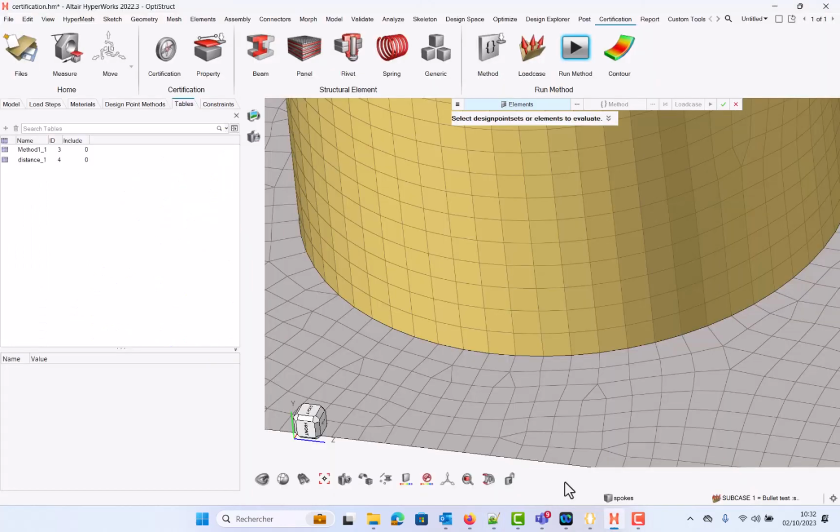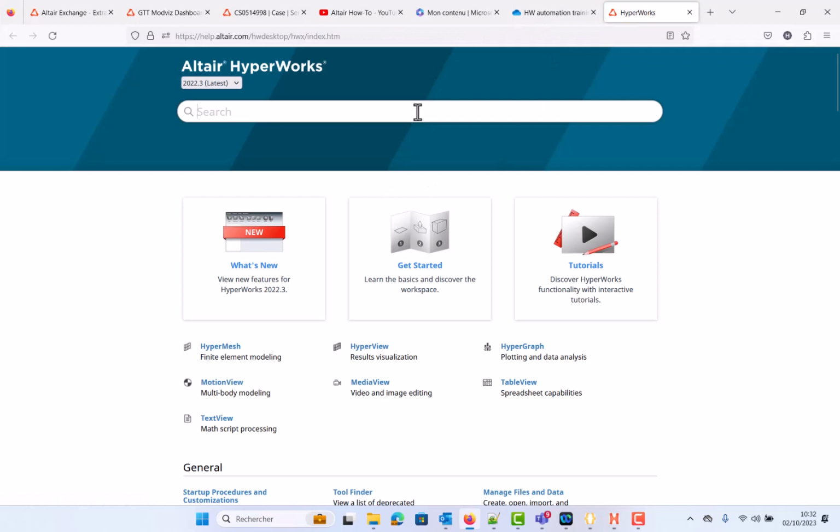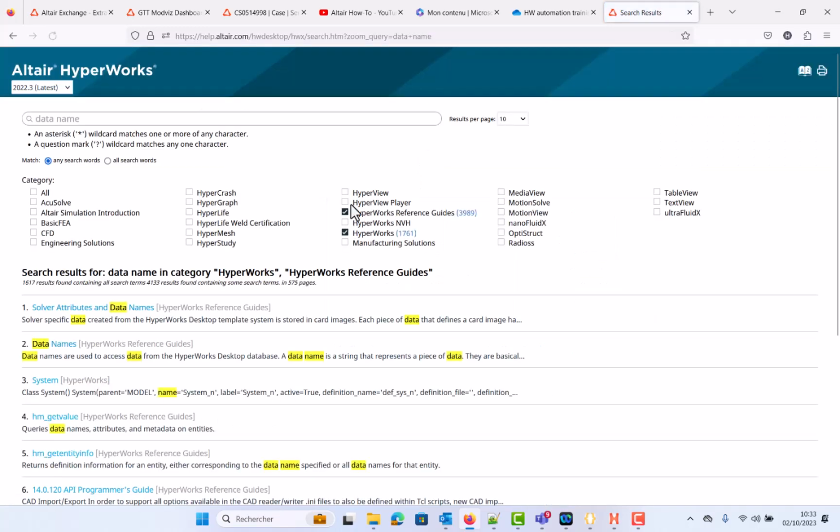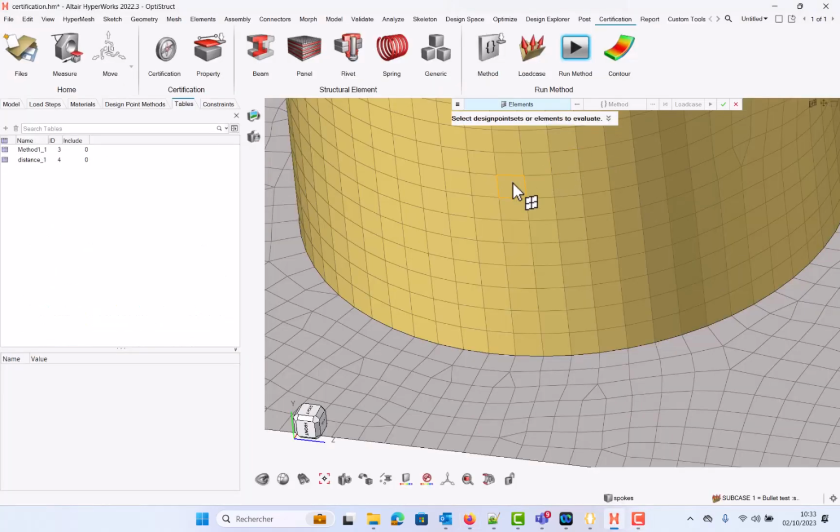If I come back now to HyperMesh, use F1 in order to go to the online help, I can look for data name, for instance. So if you go to data names, let me pick the second one and see that the correct one to show to you. So there are multiple ways you can retrieve the data names for one given entity. One is in online help, another one is the matrix browser. So if I hit Control F and matrix,